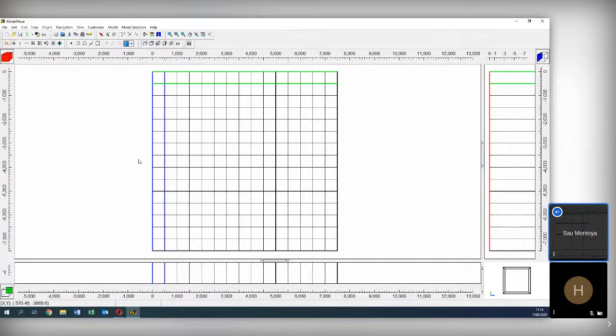The tools in ModelMuse and any other groundwater modeling software are tools that help you to conceptualize a continuous system, a groundwater flow system, into a numerical construction.